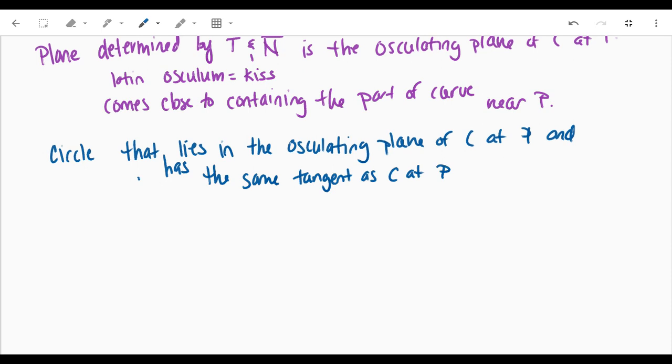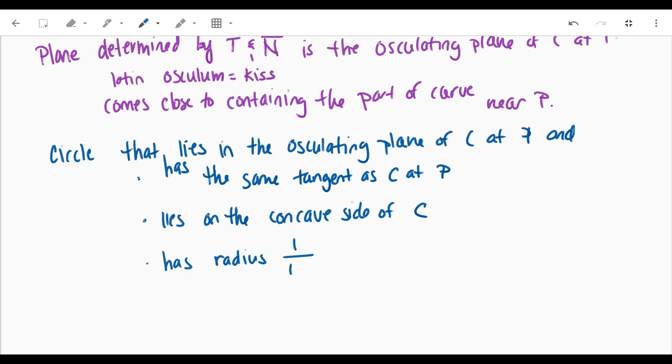And it lies on the concave side of C and has a radius of 1 over K, where K is the curvature, is called the osculating circle